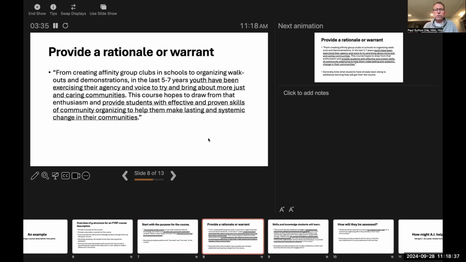Why should they take this course? What's my rationale for why this course might be important for them? And I've underlined these specific phrases within the next two sentences after the purpose to communicate to them. So I call out to them that I know that